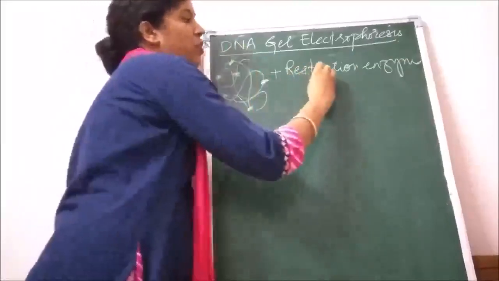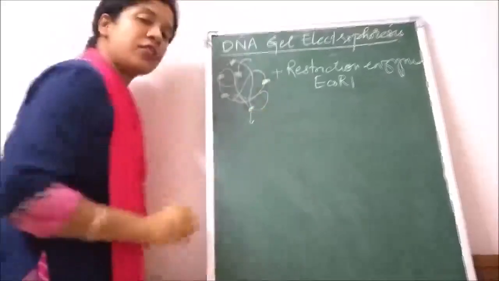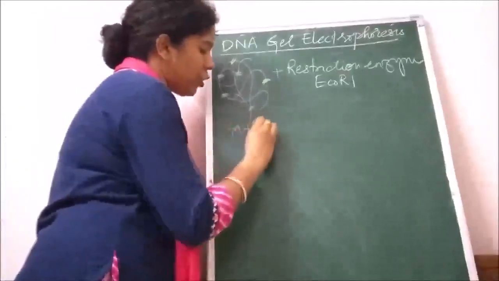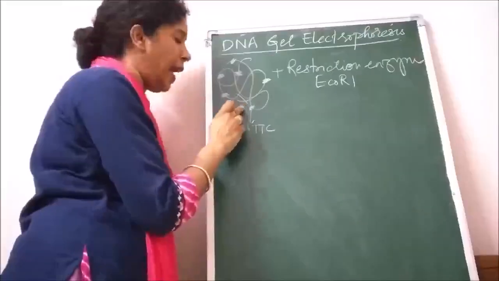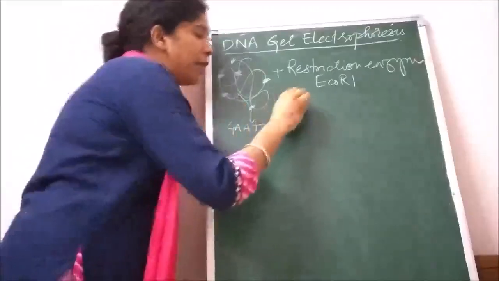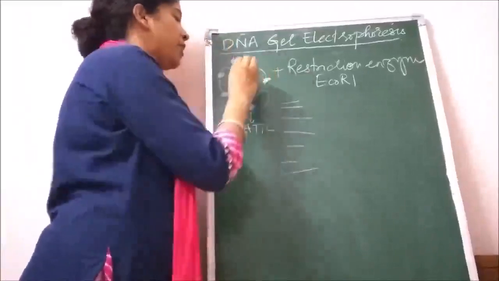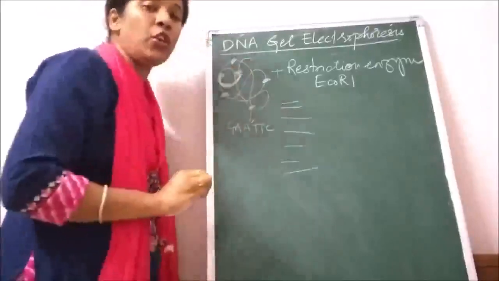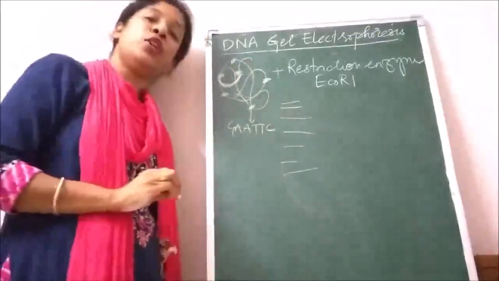For example, this restriction enzyme was EcoR1. So all these sites are the restriction sites for cutting the DNA, because they have the sequence GAATTC. So this enzyme is going to cut the DNA at these many sites, and multiple fragments of this DNA are going to be produced. We perhaps need only this fragment of the DNA which has the insulin gene of 2 kilo base pairs. We know that the size of the insulin gene is 2 kilo base pairs.